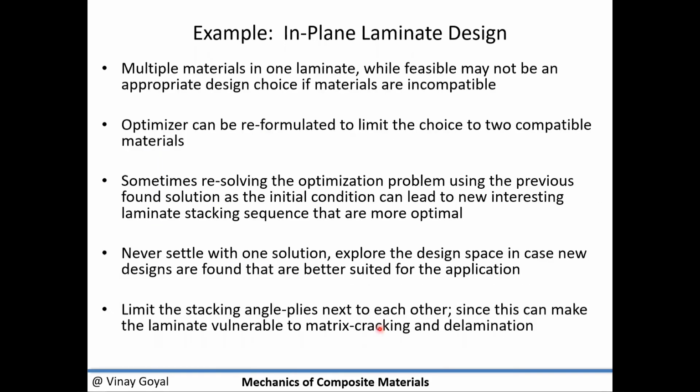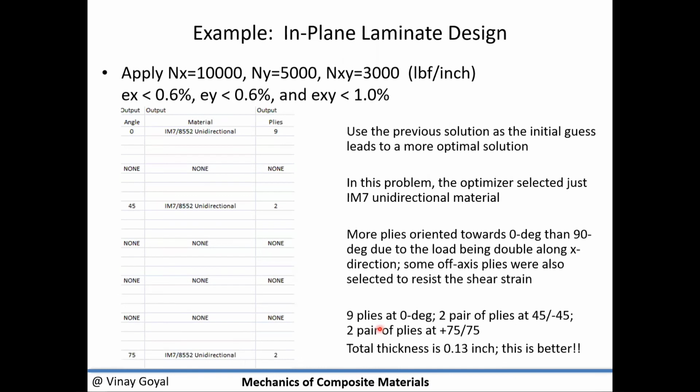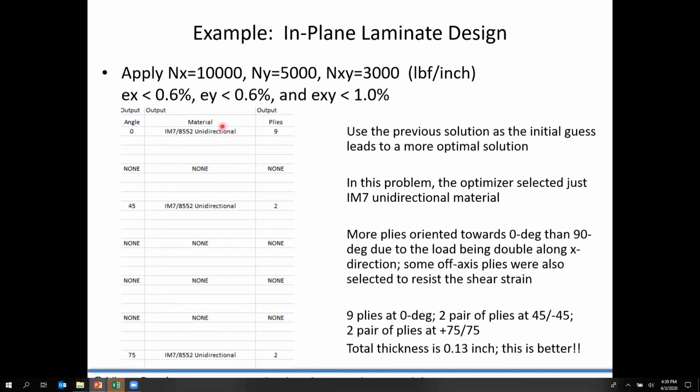So here I ran another example, but if we use the same solution as this one and rerun it again, suddenly we find that IM7 is a good solution to the problem. 9 plies, 2 plies, 2 plies. Again, now I reduce the total thickness to 0.13, even a more optimized design. And I do have more plies oriented towards the 0 degree because I have a 10,000 pound load. And at 75 and 45, I have some amount of plies to account for the shear loading and the loading